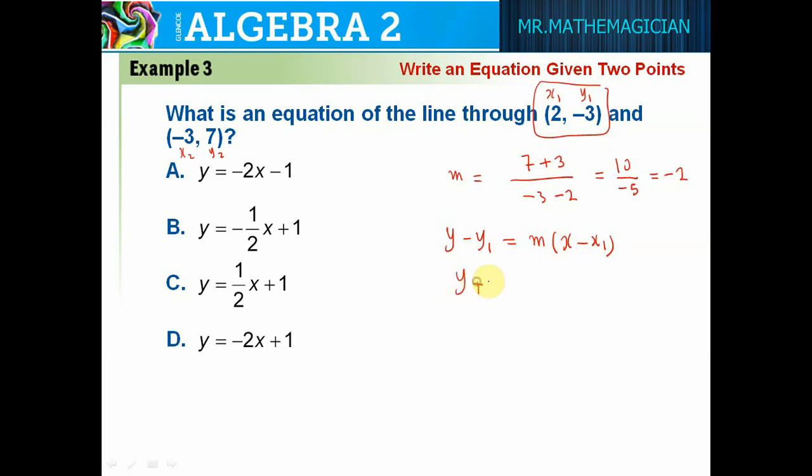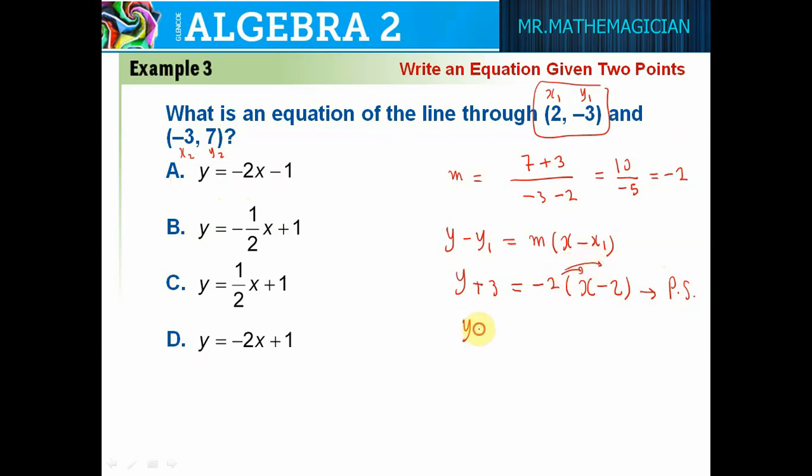So y plus 3 equals negative 2 times x minus 2. This is the point-slope form. As you can see in the choices, we need y alone, meaning we need the slope-intercept form. So let's